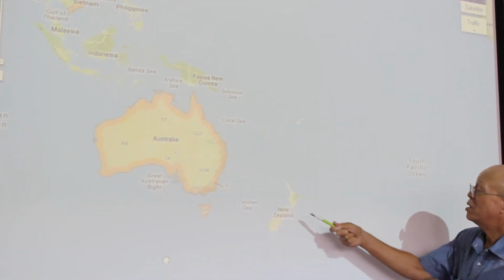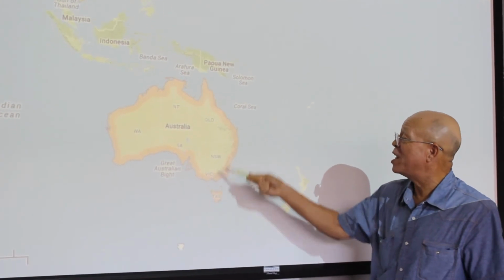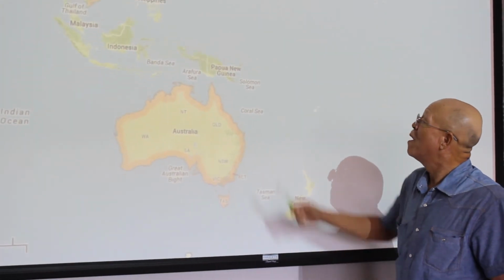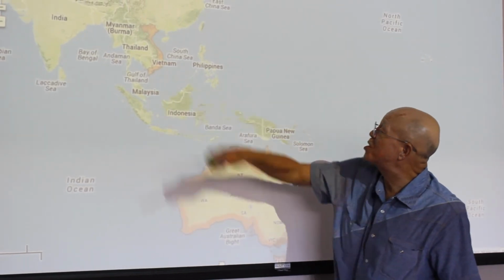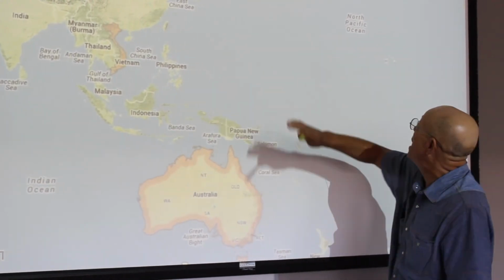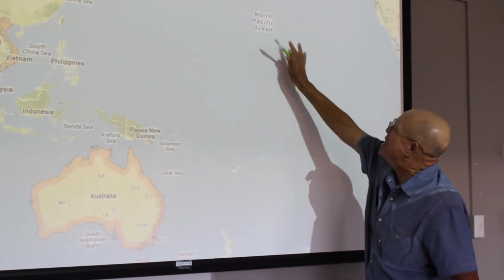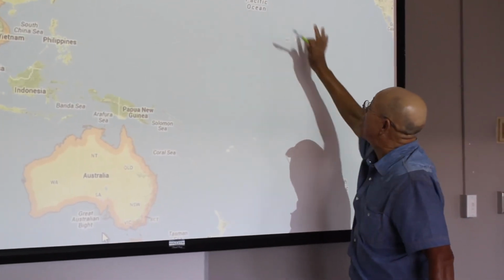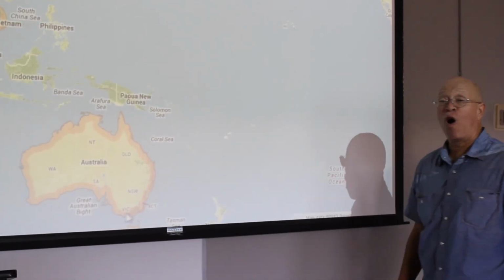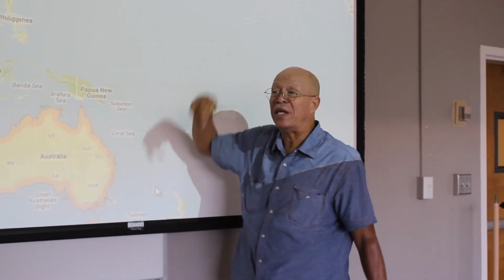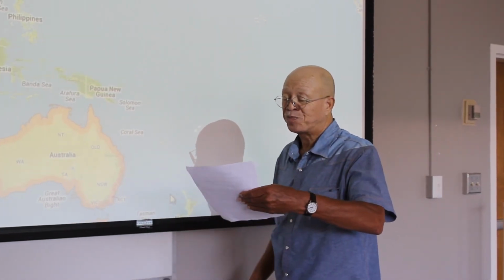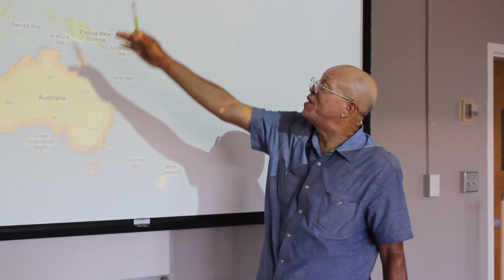Australia, New Zealand, Tasmania is a state in Australia, New Guinea, Indonesia, parts of Malaysia, the Philippines, Micronesia, Macronesia, out here in the Pacific, all very important islands in World War II, as we shall see, the conflict between the United States and Japan. And so all of this is Oceania, and yes, very important in the